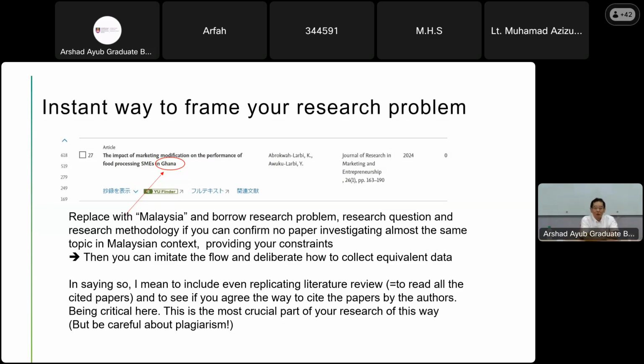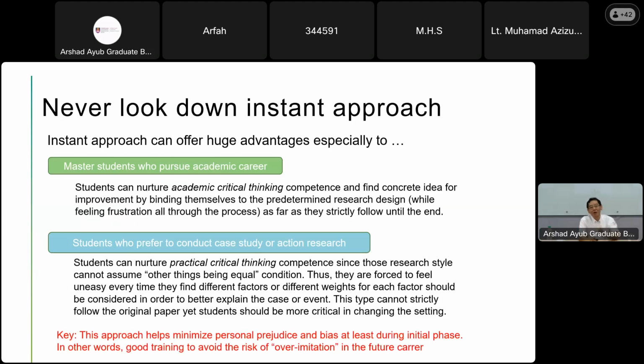So if you do this process seriously, tracing the literature review is the most crucial part of your research in this instant way. However, as long as you are very careful about plagiarism, again, I am assuming the students want to enhance their critical thinking skills, not write a brilliant paper. Again, I strongly suggest this approach, and sometimes the student may think this approach is an instant way and should be recommended,